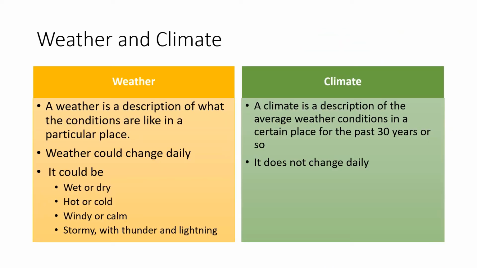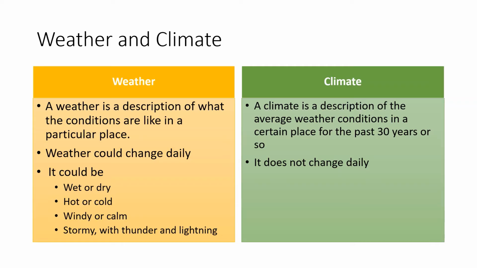Weather and climate. What is weather? A weather is a description of what the conditions are like in a particular place. Weather could change daily. It could be wet or dry, hot or cold, windy or calm, stormy with thunder and